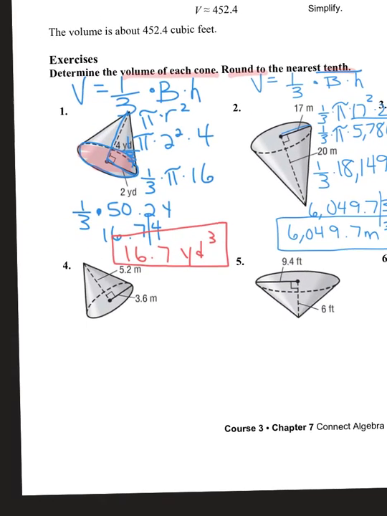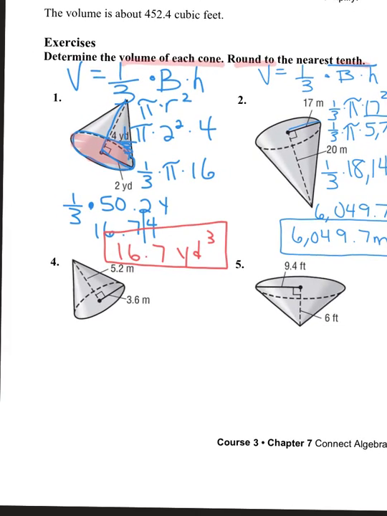All right, let's go ahead and do number 4. One more. So V equals 1/3 times big B times H. So 1/3 times pi times 3.6 squared times the height is 5.2. So 3.6 times 3.6, and make sure you're using a calculator for this, is 12.96. I'm going to do that times 5.2,